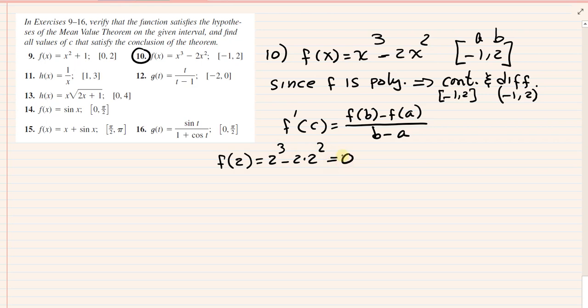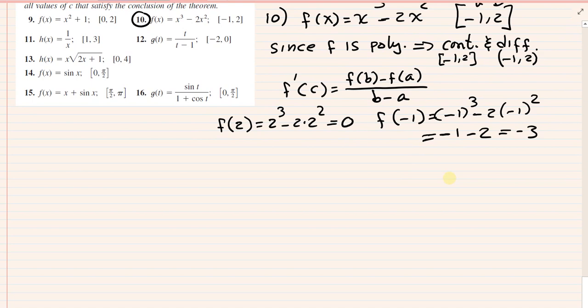That's going to be 0. F at negative 1 is going to be negative 1 cubed minus 2 times negative 1 squared. That's negative 1 minus 2, because negative 1 squared is 1. So negative 1 minus 2 is going to be negative 3. Okay, this is going to give us the slope of a secant line through